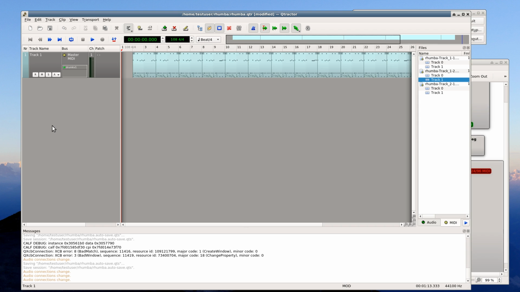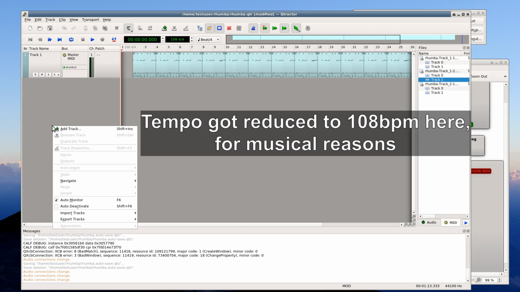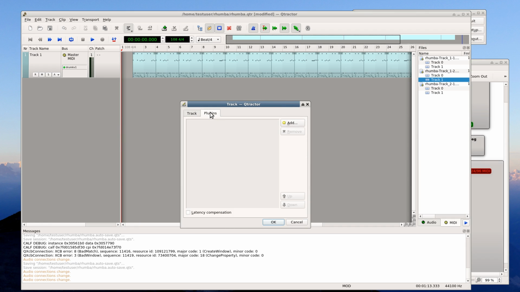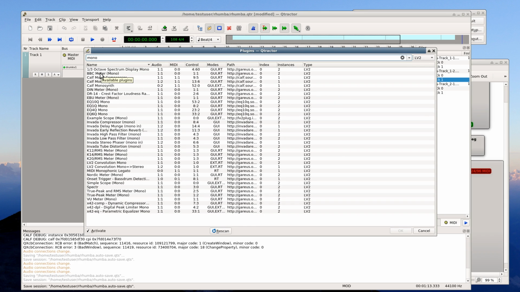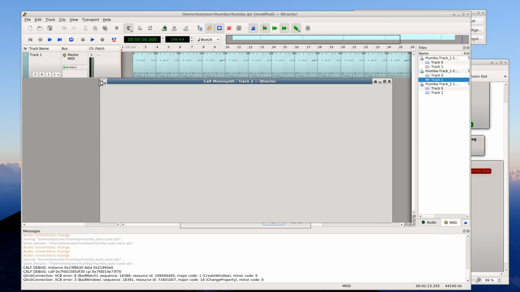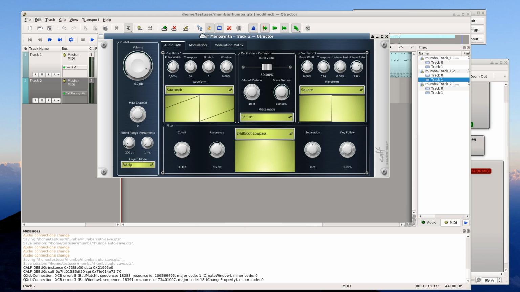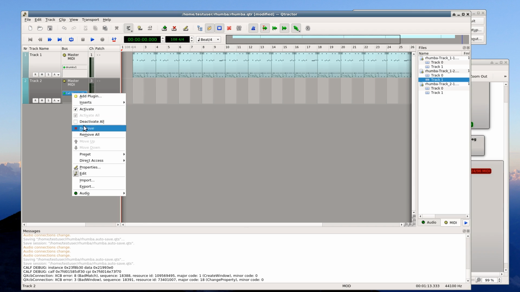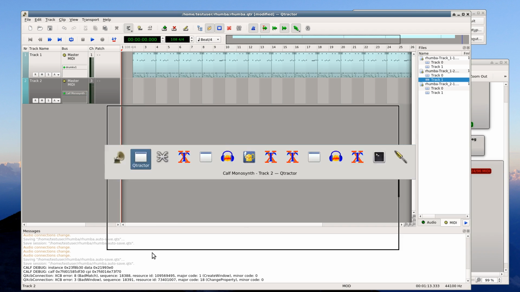Wonderful! I'm happy with the results so far, so I can now actually go wild and add some more tracks to this. I start off with a bass. My initial plans were to go with a bass from a hardware synthesizer, but then I realized I should perhaps stick to a free software-only solution, so I went for the monosynth plugin from the Carve Studio Gear suite. I choose the Fat Bass preset, which sounds like this,